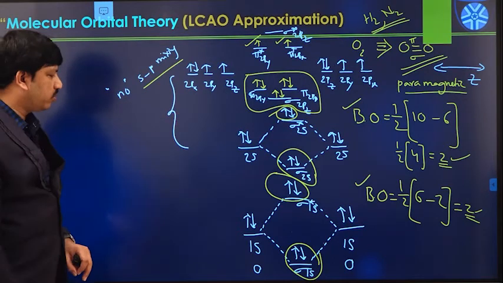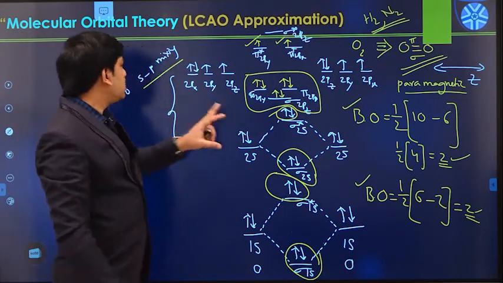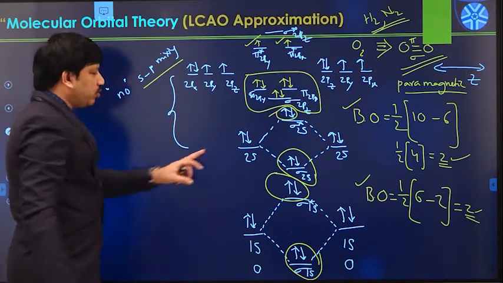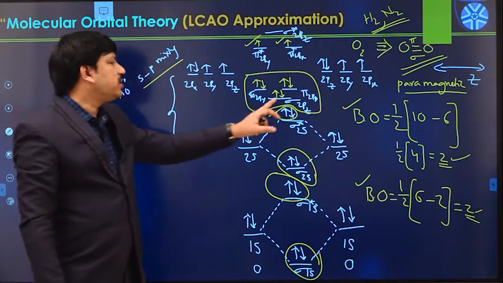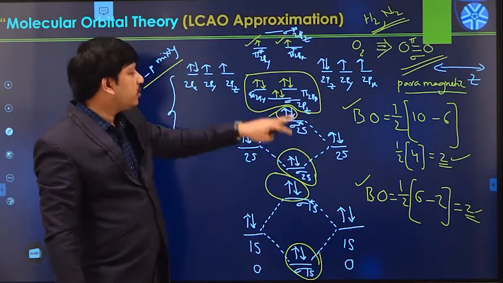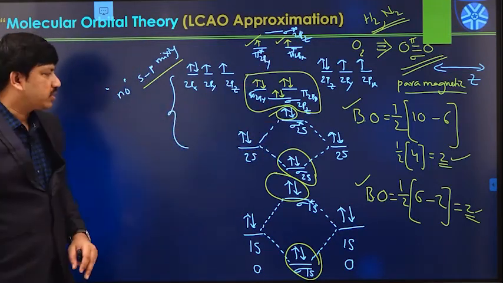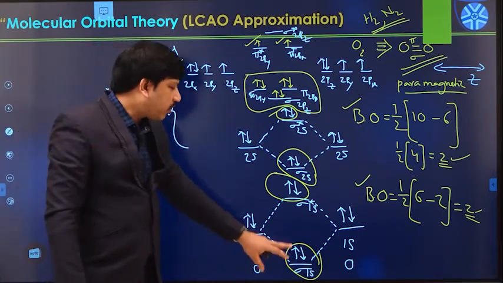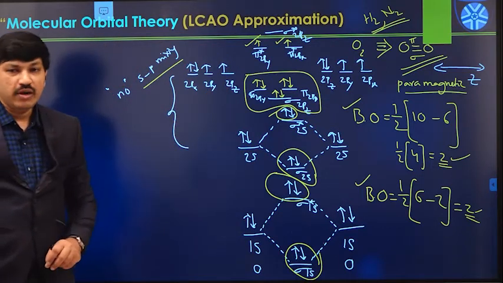So this is something about the formation of the MO, or construction of the MO energy level diagram, of the O2 molecule. In this case there is no sp mixing, because of the huge energy gap between the 2s and 2p orbitals, and sigma 2p always has lower energy when compared to the pi 2p orbitals. Then we have antibonding levels like this. Then you have to fill the electrons according to the energy levels.